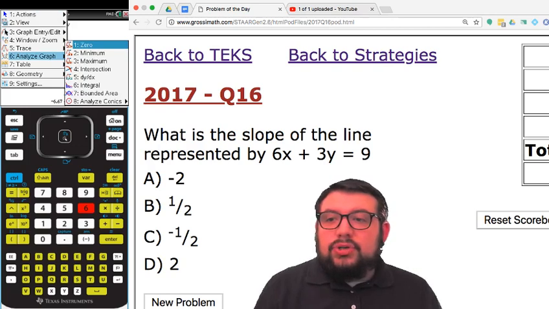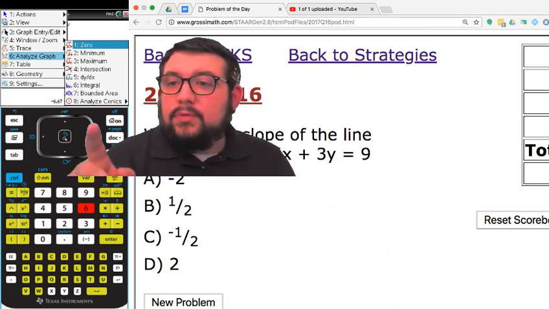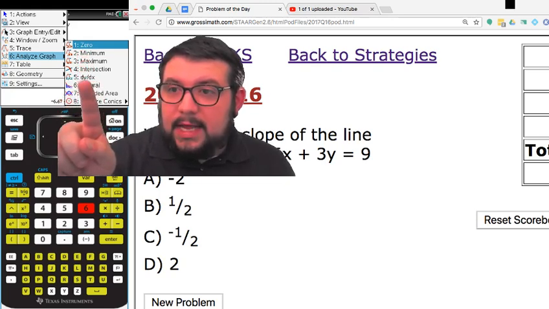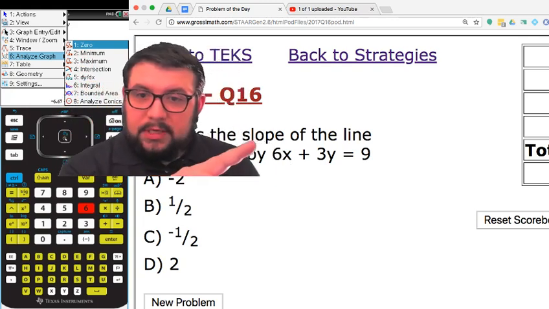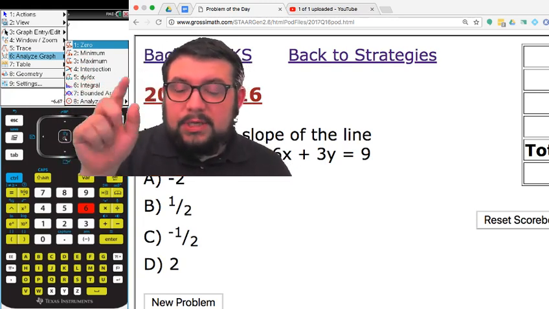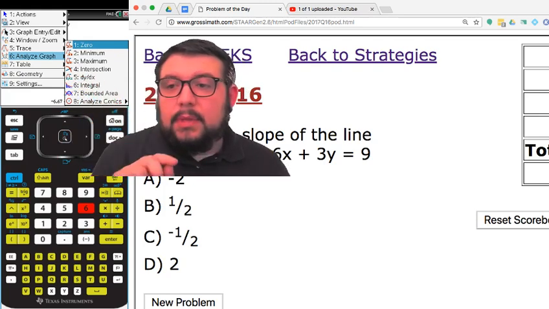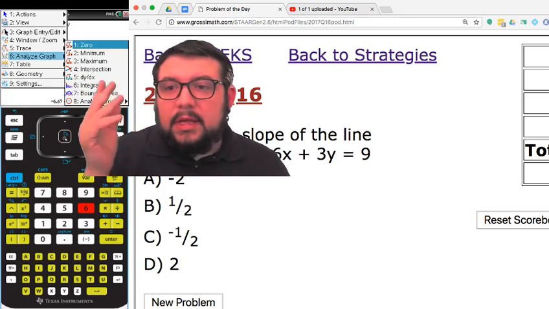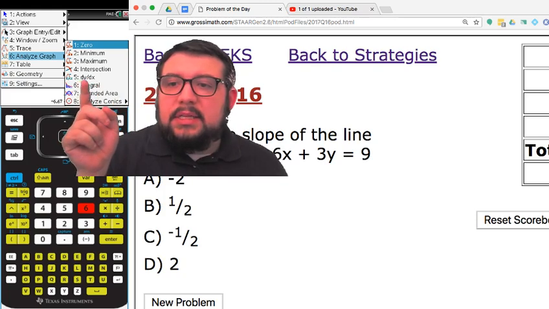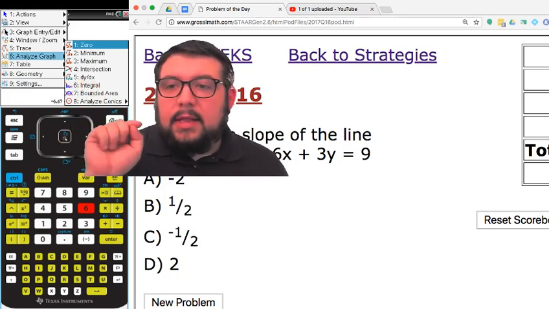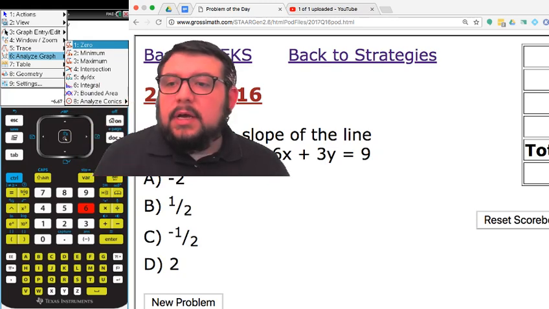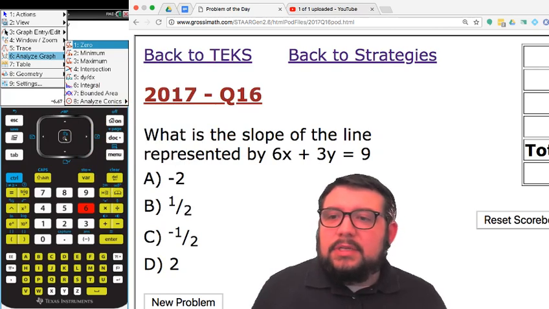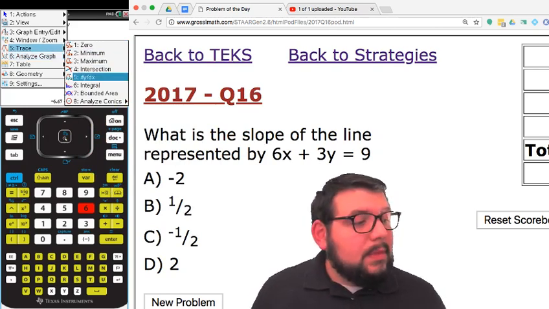Okay, and now which one would I choose? Well, if you've been in class, we've been practicing this quite a bit, that I don't want that one, that one, that one, that one. Of course, dy dx, that means slope. So the word slope is here in my problem, and the symbol for slope, dy dx, is here in my calculator. Really it's a calculus symbol. It means something else, but for Algebra 1 purposes, we could say that the D stands for the difference of y, and the D stands for the difference of x. When you get to calculus, I'm sure we'll explain it a little bit more clearly, but for now we're just going to use this to help us find some slope. Okay, so dy dx,